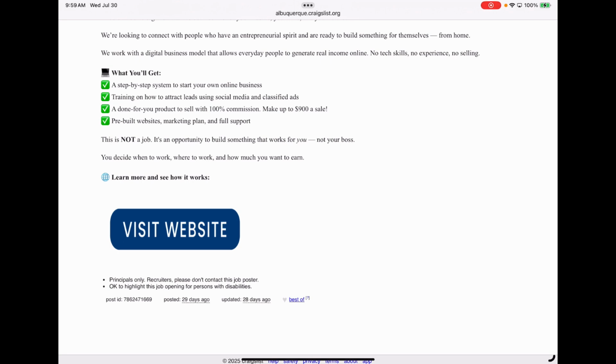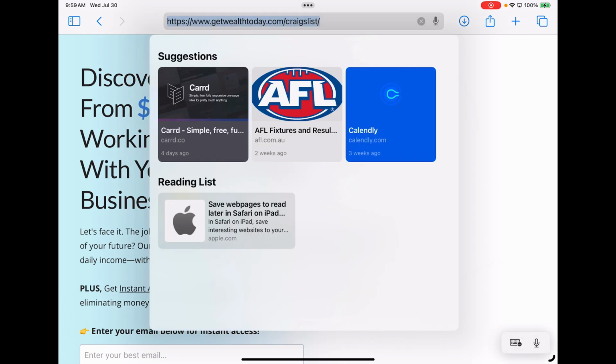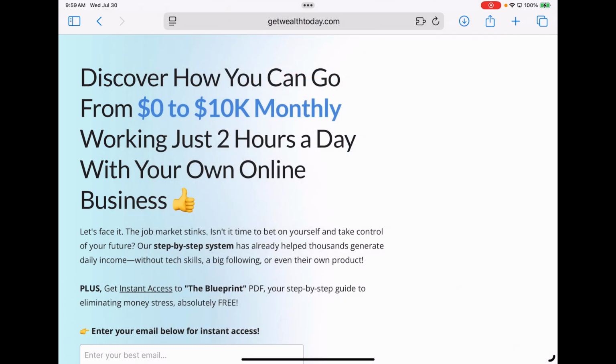And I send them straight to the website. You can have them call you if you want. I send them straight to the website. And there we go. And I have a tag set up for Craigslist. That's how I can track and see where the leads came from.